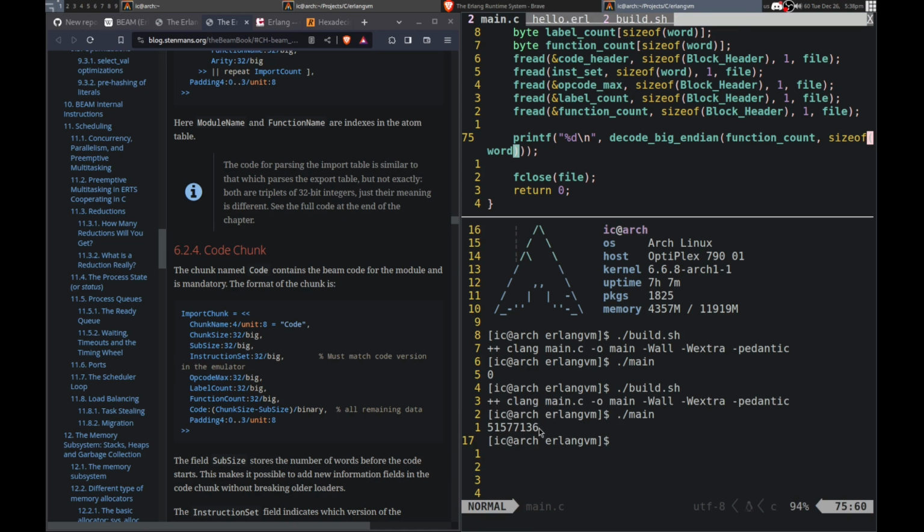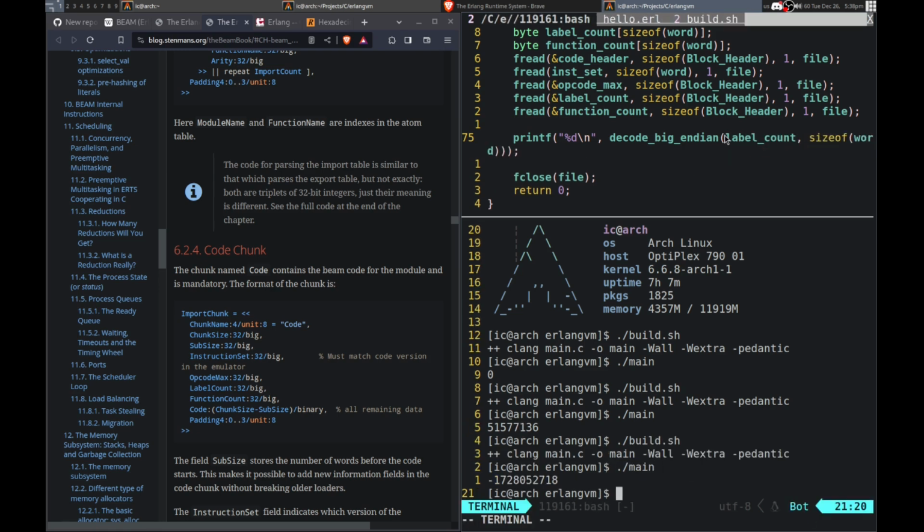I feel like that is not the right number. Okay. Function count, how about label count? That is not right either. Okay.